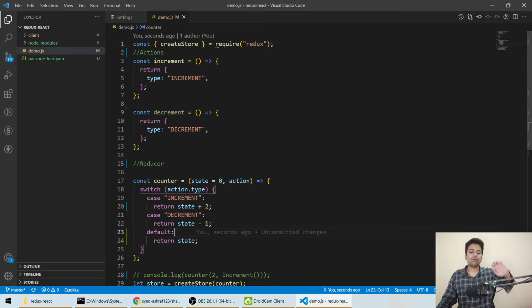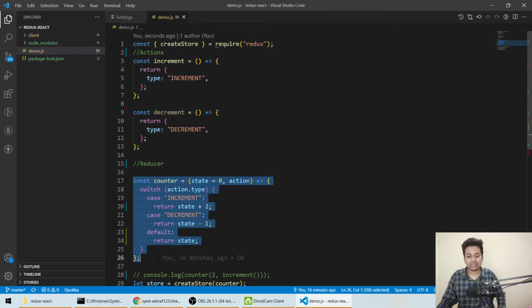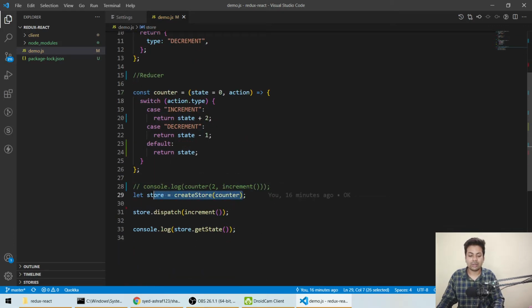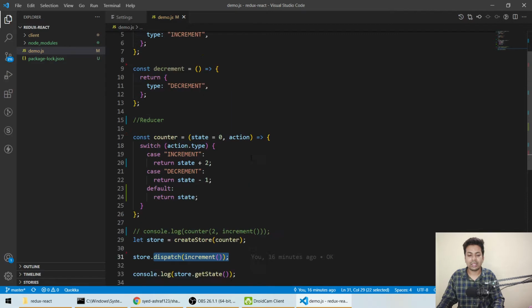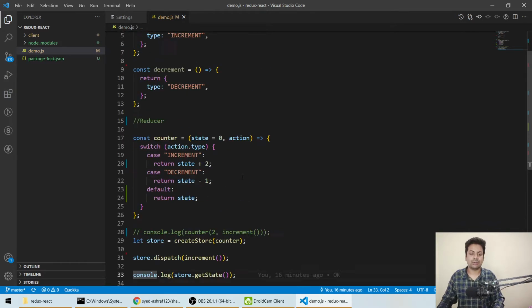So this is the pattern which is followed. Firstly we create a store, then we call action, which defines the type of action. In the reducer we have the function for what we want to do with it, and we create the store, and using dispatch we call it, like we want the increment part. But we don't use get state in React.js, because we use something else, I'll tell you. For now you just need to follow this pattern.